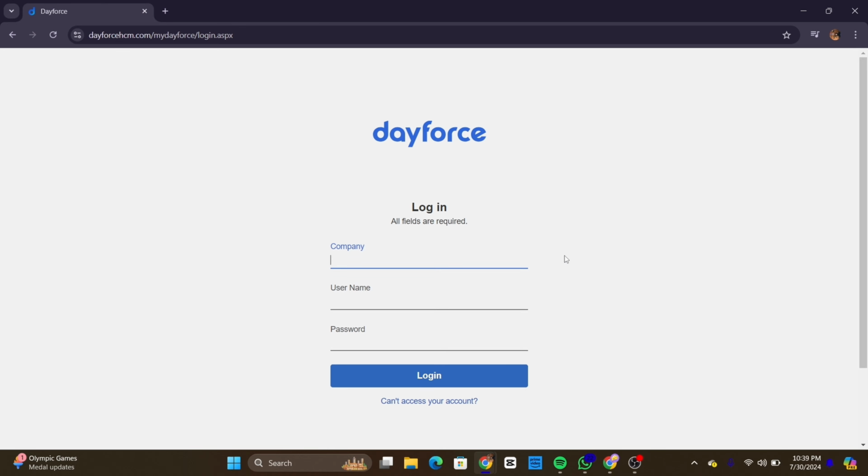Now type in the password. Make sure you have entered it correctly to avoid login issues. Once all fields are filled out, click on the login button. And that's it. You should now be logged in into your Dayforce